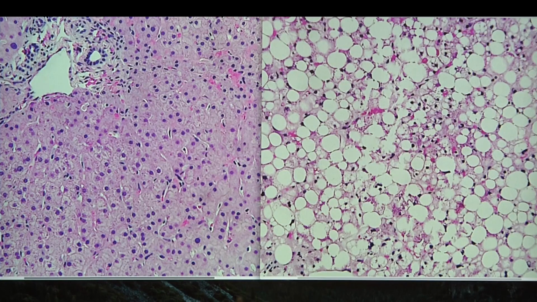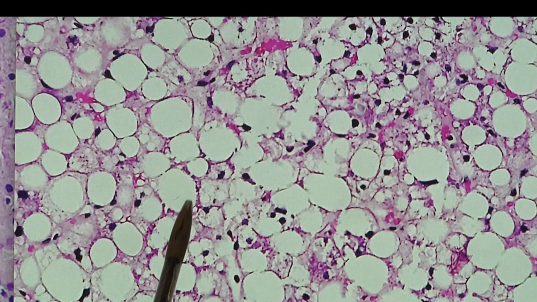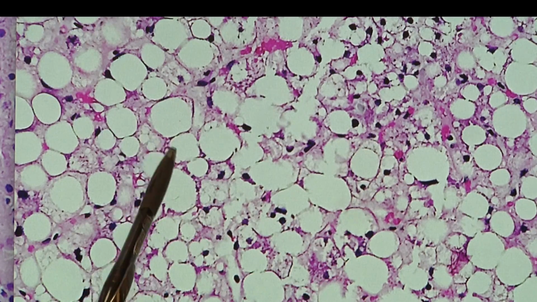On the right-hand side is a fatty liver, and as you can see, the architecture, the image looks completely different, looks like a chicken wire situation, where the white spaces represent where there was fat in the original specimen, fat deposits in the form of globules. And these can either be inside liver cells, such as here, or they can be between liver cells. So these fat droplets can actually damage the functioning of the liver cell and can actually cause harm. And that is why this condition cannot just be passed off as being totally benign in some patients.